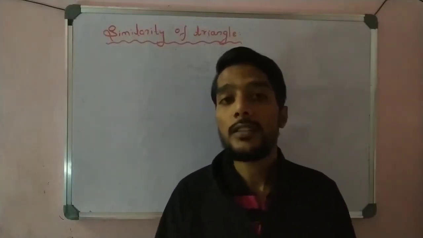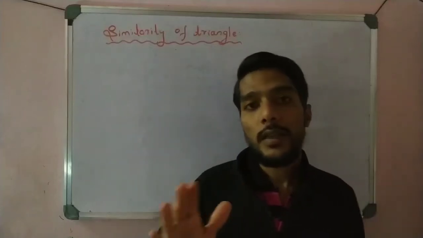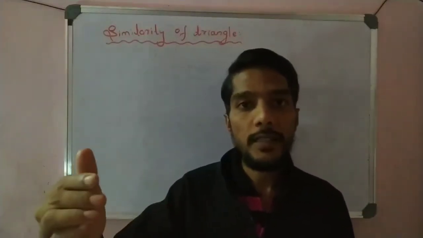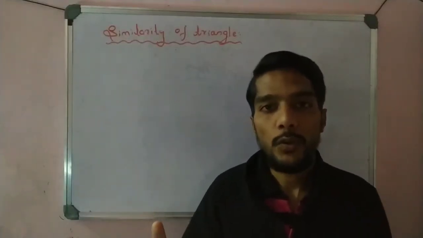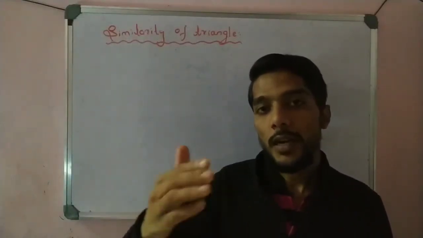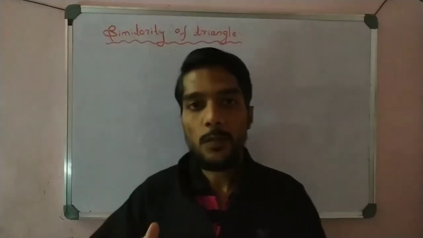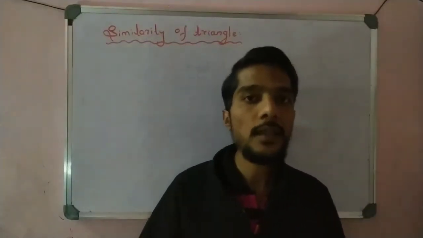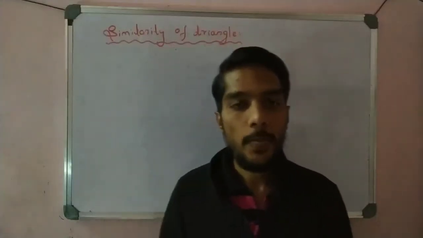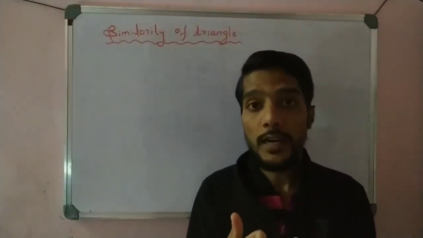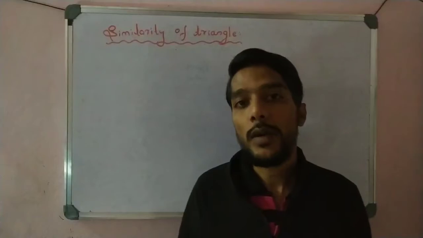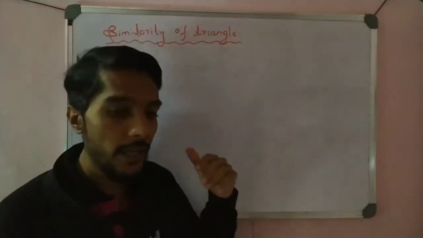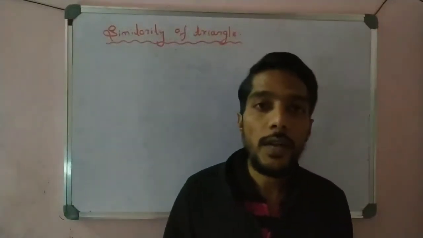The figures are said to be similar when the angles are equal, and the corresponding sides are in the same ratio. Two conditions: one condition is the corresponding angles are equal and the other is the corresponding sides are proportional. So we solved so many examples on that to understand it clearly. If you have not watched that first video, then first watch that one and then come to the second video, second lecture. So this is the second part on the triangle chapter.